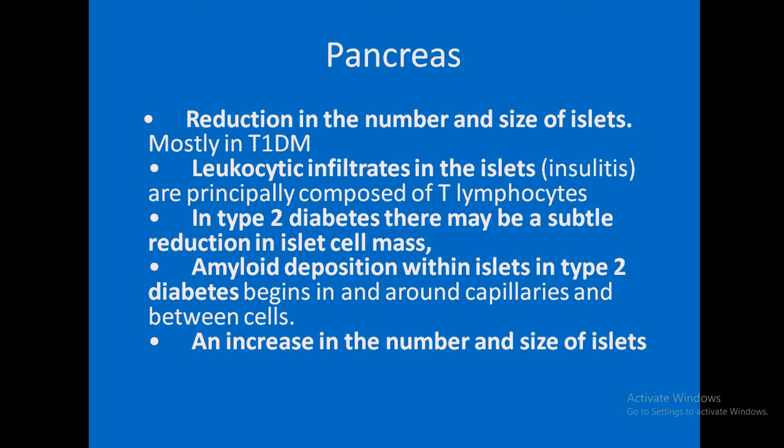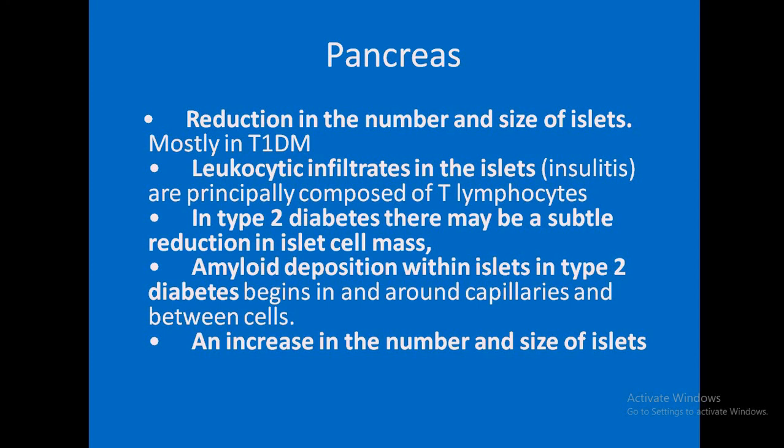Now let's come to the histopathology in pancreas in diabetes. So in pancreas we can see that there is a reduction in the number and size of islets. Mostly it's seen in type 1 diabetes. There are leukocytic infiltrates in the islets composed of T lymphocytes, so it is called insulitis. And in type 2 diabetes there may be a subtle reduction in the islet cell mass. Another characteristic feature of type 2 diabetes is amyloid deposition in the islets, and there is an increase in number and size of the islets